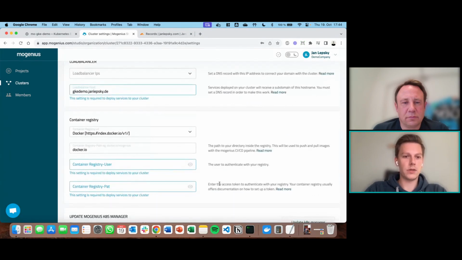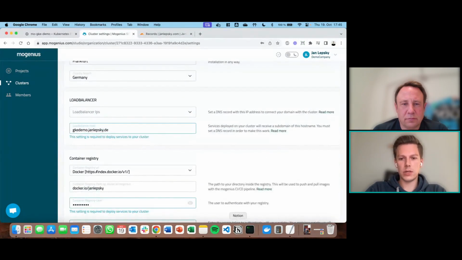And then we can connect a container registry. So Mogenius has a built-in CI/CD pipeline, and as you've seen, as part of a developer portal and as part of an IDP, it's useful to connect a CI/CD pipeline to allow full workflow automation. There's two options for that. Mogenius has its own CI/CD pipeline, or you can plug in existing ones. And for the own pipeline, we're going to connect a Docker registry here. Going to grab a token real quick, and that's basically it. Now let's check on the IP.